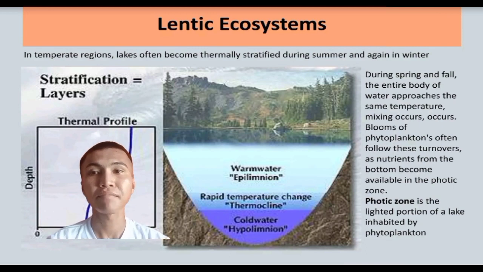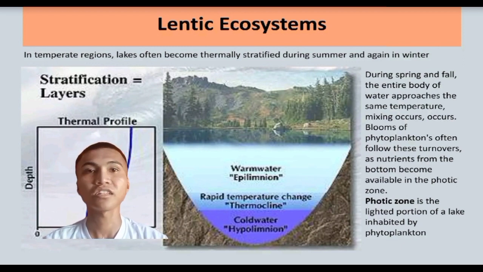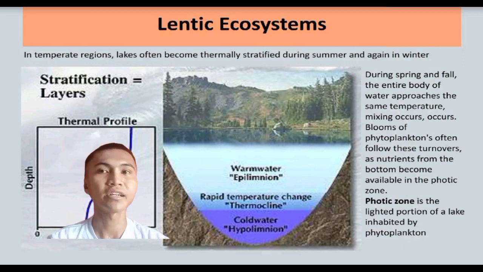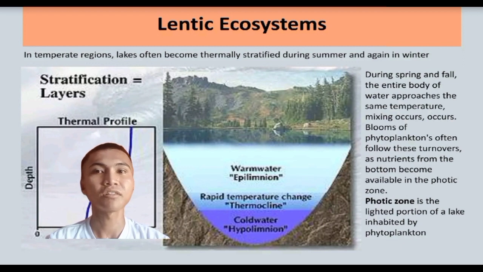These layers vary in depth and characteristics depending on factors such as the size and depth of the body of water, nutrient levels, and other environmental conditions. In a lentic ecosystem, stratification refers to the layering of water based on temperature and density, typically occurring in lakes during warmer months. The stratification layers are